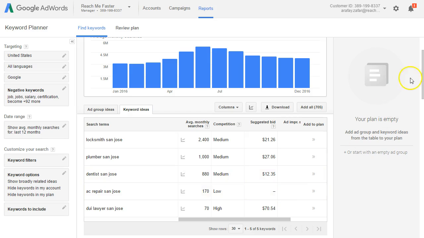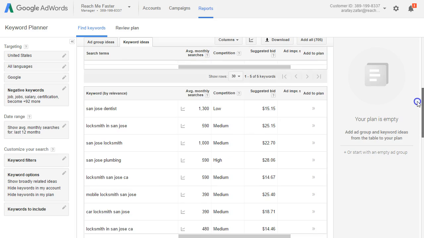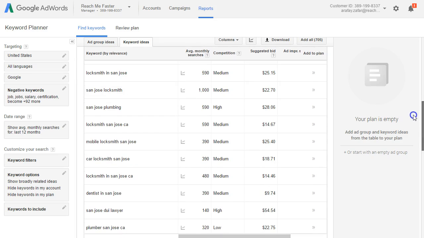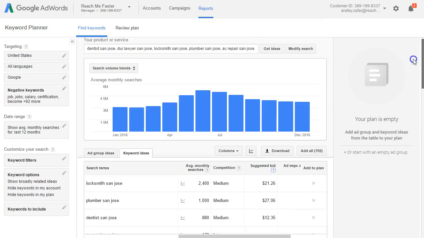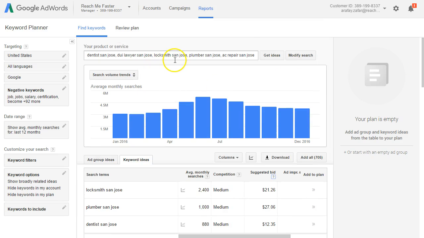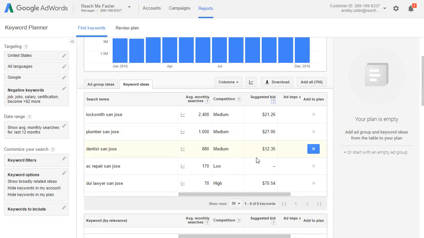And I'm sure they don't give the price of AC repair, but let me see if you can find AC repair with HVAC San Jose. So that's $12.83, comparable to an HVAC repair shop. But clearly, I just wanted to demonstrate why it makes sense advertising on Google for a dentist in San Jose. If you're not advertising, well, then you're missing out, because clearly a plumber that is advertising is making